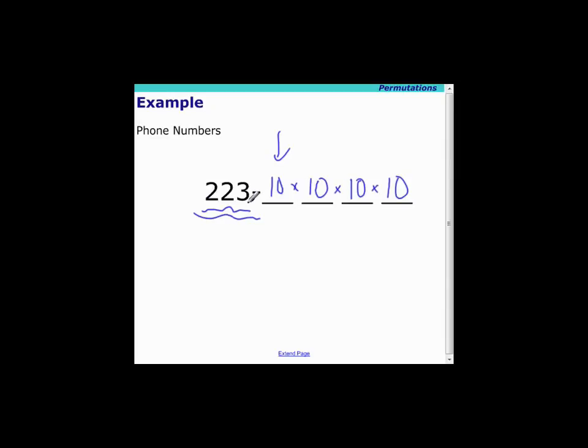So with a 223 designation, 10 times 10 is 100, 1,000, 10,000. So there would be 10,000 permutations, or 10,000 distinct phone numbers, if I just have 223 dash something. And indeed, any time you have 4-digit permutations of numbers, you'd have 10,000 different options. You might have to subtract a couple for police or for some other number that you can't use, but for the most part, there'd be close to 10,000 different phone numbers that I could get using this